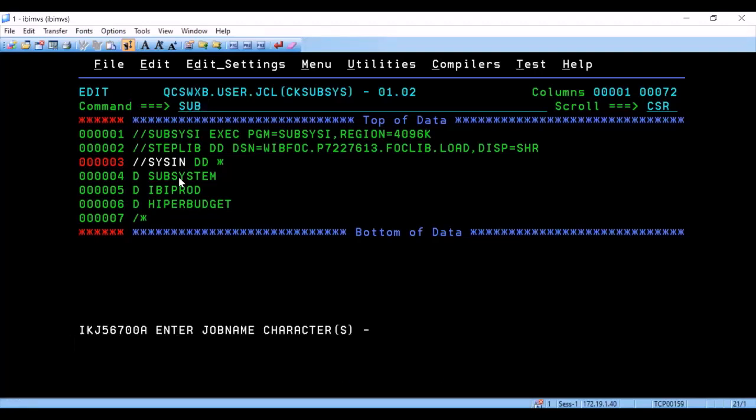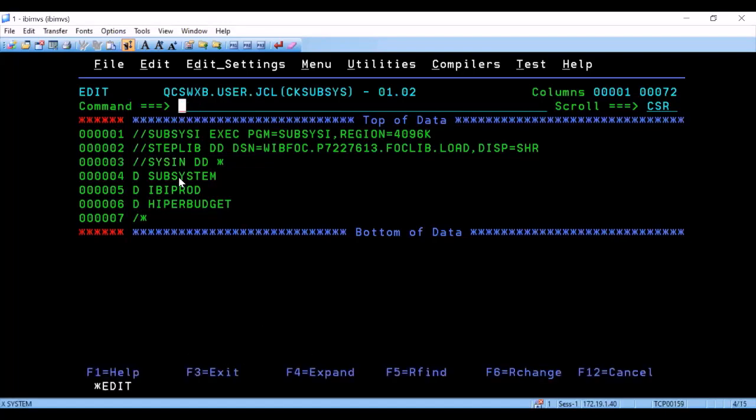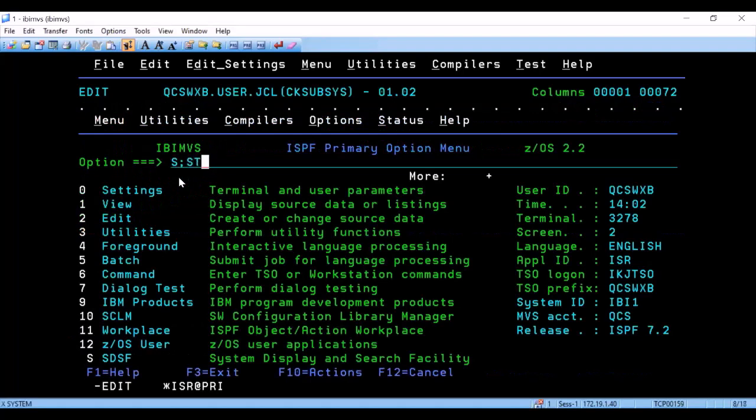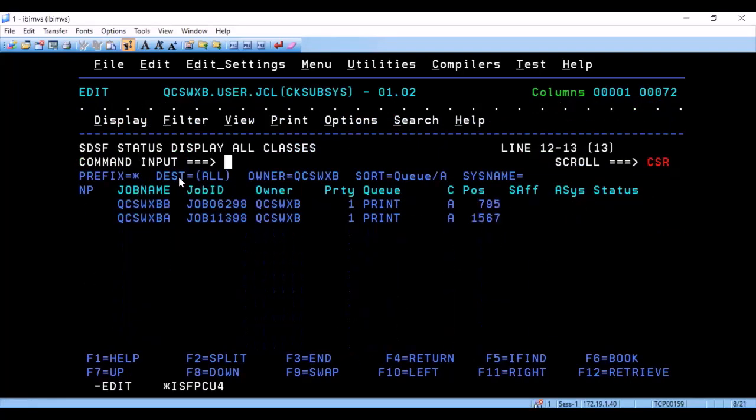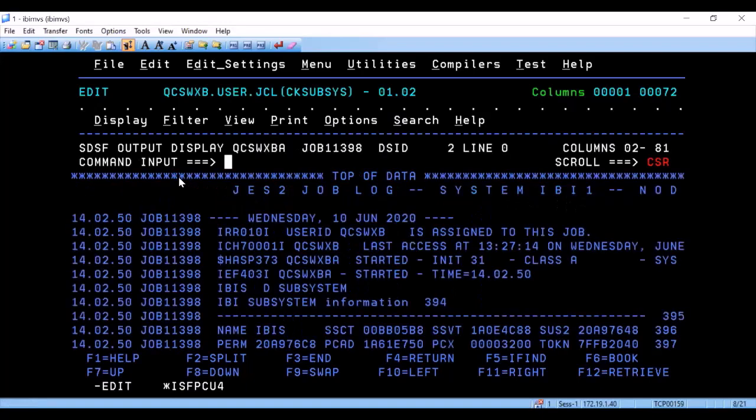Notice it's asking me to enter the job name characters. This is going to be appended to the end of my user ID. So I'm just going to put A, and the job was submitted. Now I can pop over to SDSF, or whatever you use to check your jobs, find that particular job, and notice inside of here,